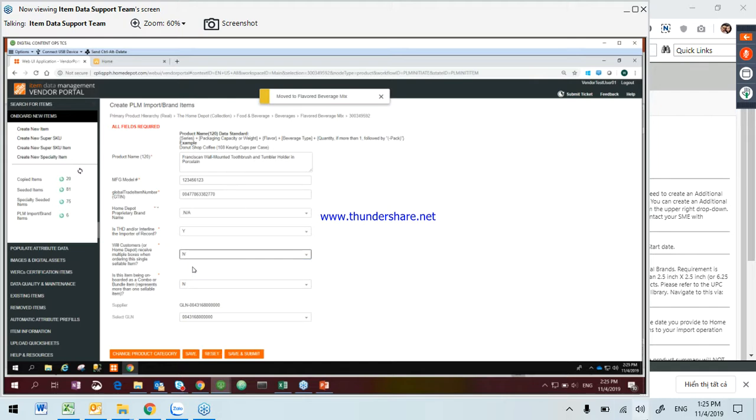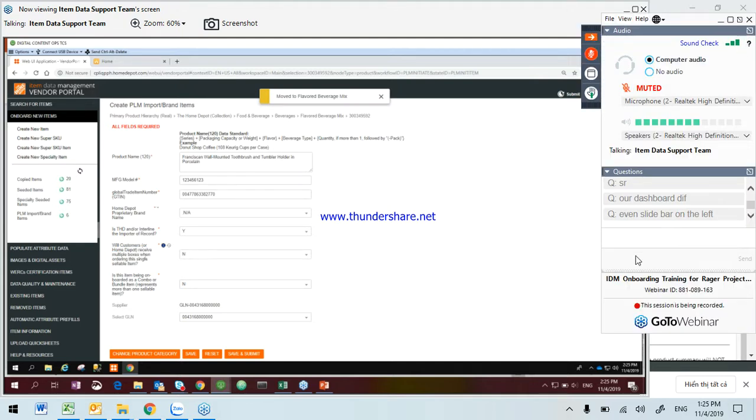What I want to point out at the end of this workflow are these two questions. The first one: will the customer at Home Depot receive multiple boxes when ordering a single sellable item? In most cases, you will choose no, but I want to explain what the question means by multiple boxes. If a single sellable unit is shipped in